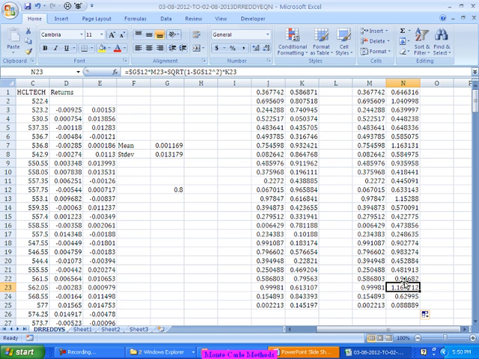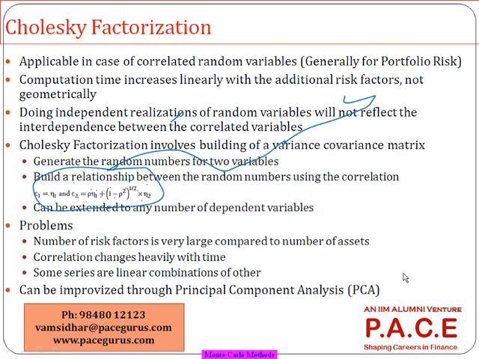In some cases, because there is a dependency between the two, I am generating it through this process. And through this process, I can generate the values of the assets. So when I am doing the generation through this process, the second random number for me is the correlation times the first random number plus the square root of 1 minus correlation squared times the second random number. So whatever are the newly generated random numbers, I will use them to generate the resulting